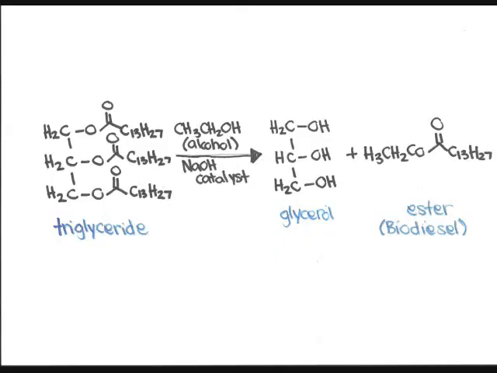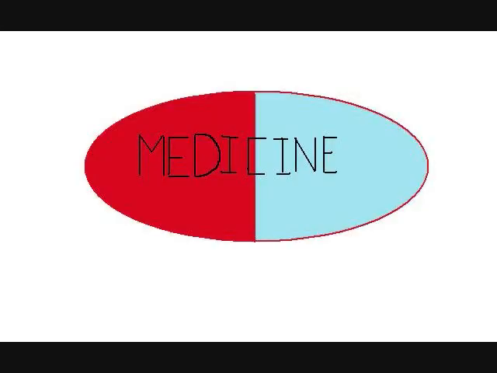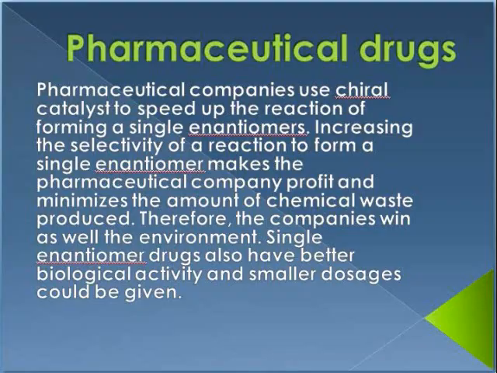As you can see, the NaOH catalyst helps in splitting the triglyceride into glycerol and biodiesel. Another real-life application is pharmaceutical drugs. Pharmaceutical companies use chiral catalysts to speed up the reaction of forming a single enantiomer. Increasing the selectivity of a reaction to form a single enantiomer makes the pharmaceutical company profit and minimizes the amount